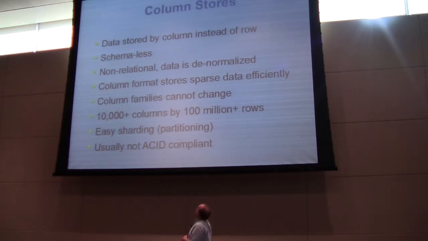So, column stores. These databases look, at least on the surface, a lot like the relational databases that we work with all the time, but they tend not to really be relational. For example, Google's BigTable, which was one of the original implementations, had a really good paper out in 2006. If you're interested in this stuff at all, that's one of the good places to start. It's called BigTable, and that's what it is, a big table. You can have tens or hundreds of thousands of columns by hundreds of millions or billions of rows.